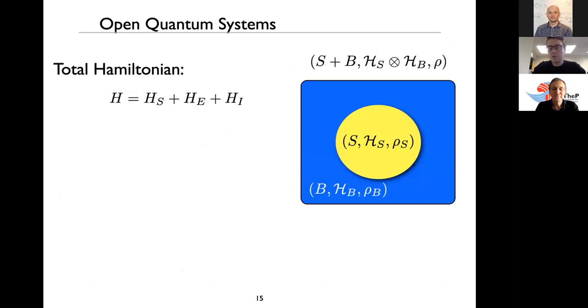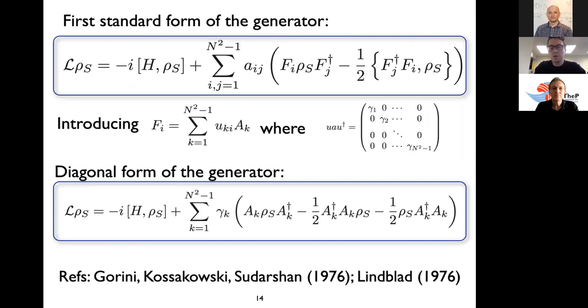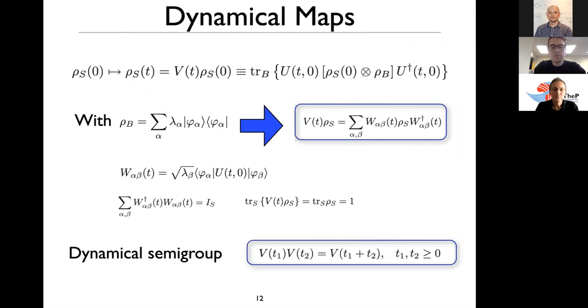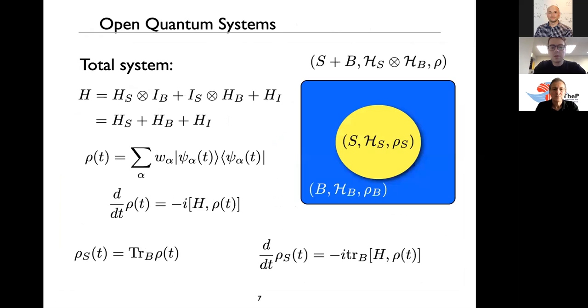Yeah. So in next week's lecture, what I will go on to talk about is the microscopic derivation of the Markovian quantum master equation. So the microscopic derivation of a master equation of this form, and what this basically involves is going back to this part that I discussed towards the beginning,